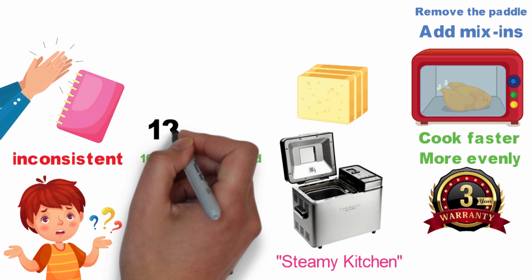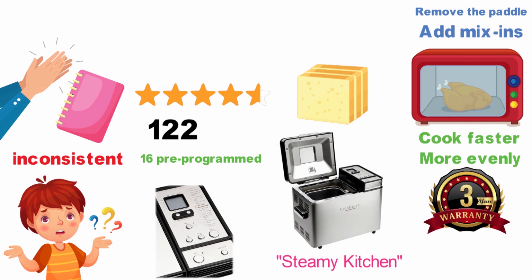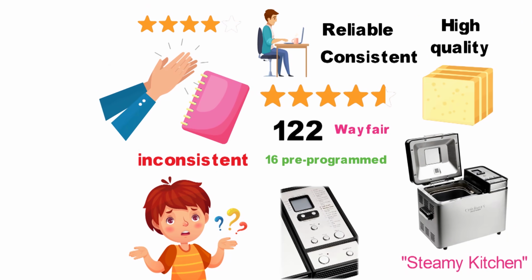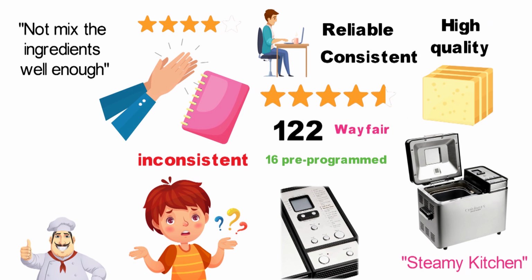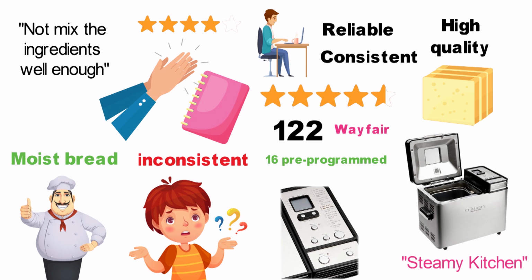There are 122 reviews of the Convection Breadmaker with an average rating of 4.6 stars on Wayfair. A man named Arthur has the most helpful review. He appreciated how reliable, consistent, and high quality the Breadmaker is. He gave the machine 4 stars because occasionally, the kneading blades would not mix the ingredients well enough. Other buyers were happy with how moist and not soggy the finished bread was, while still having a nice crunchy